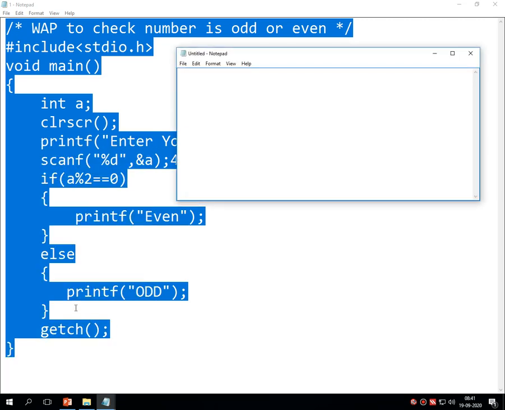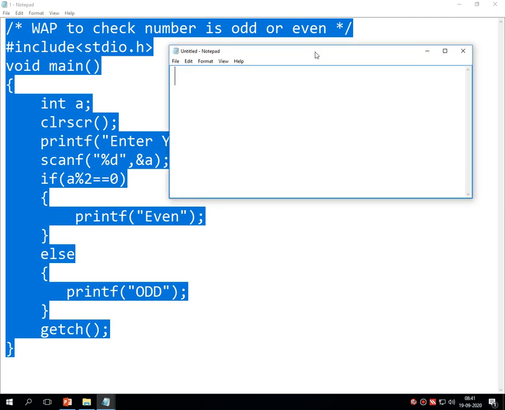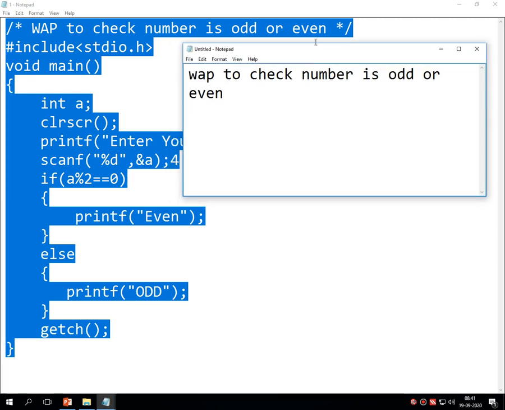Let me write this definition separately on another screen: write a program to check whether a number is odd or even. This is the first program of today's session, right?